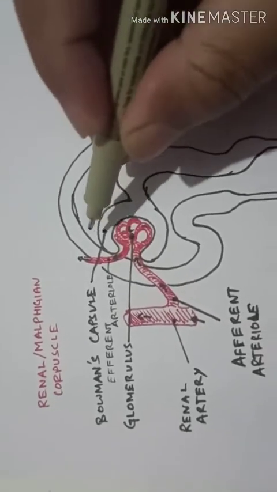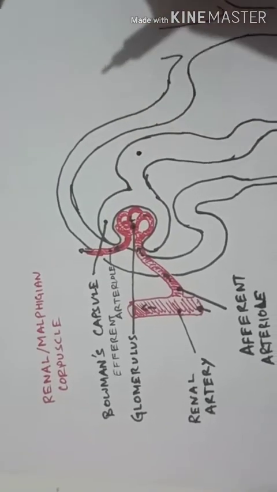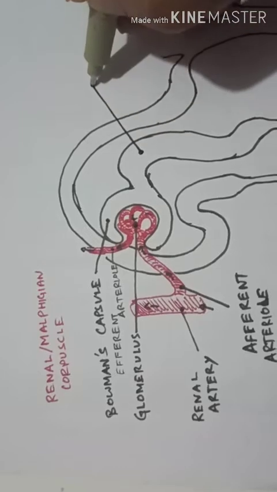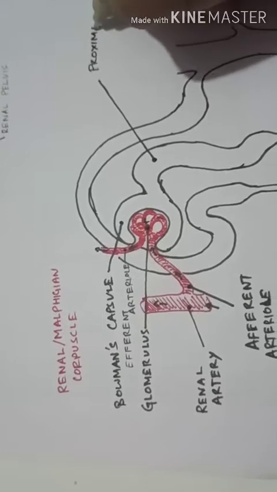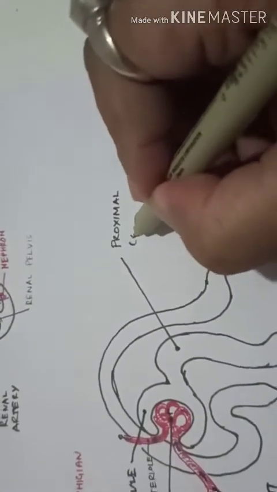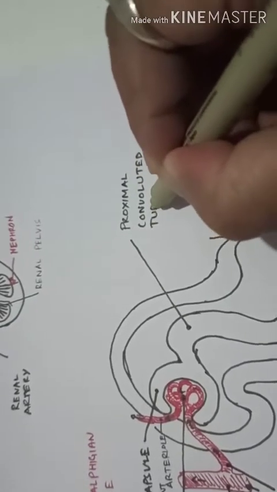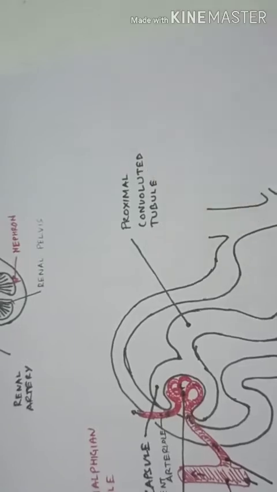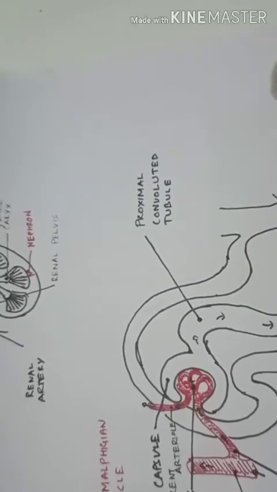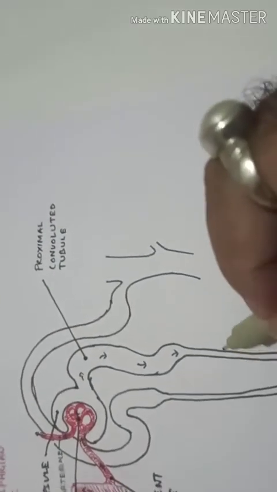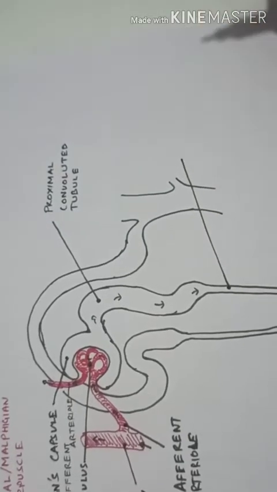Now comes this area. First, the entire Bowman's capsule, whatever filtration has taken place, because the filtration will take place right here. It will send the content into this big tube. This is known as the proximal convoluted tubule. So whatever is collected will pass down through this, it will come here, and will enter this thin pipe-like section, which is known as the loop of Henle,